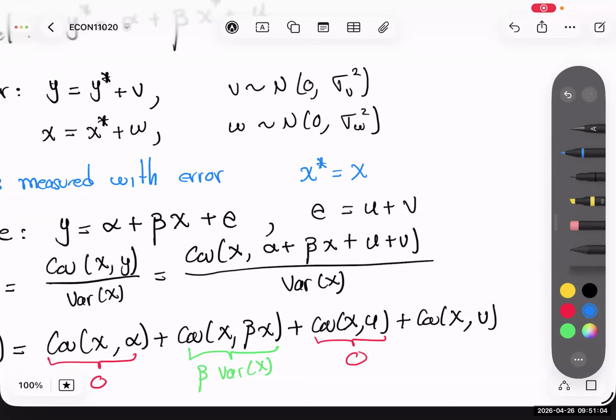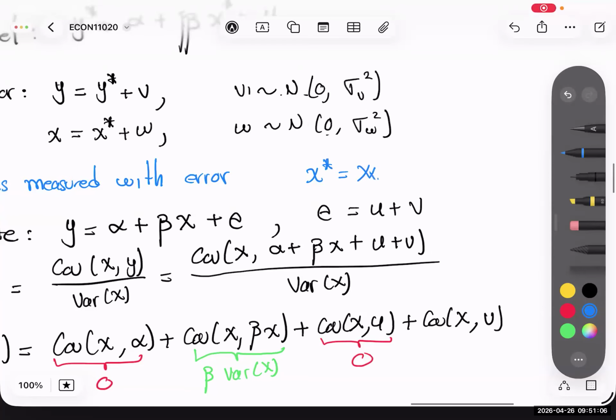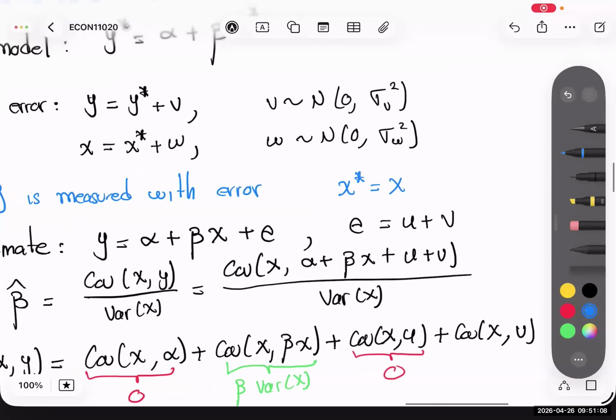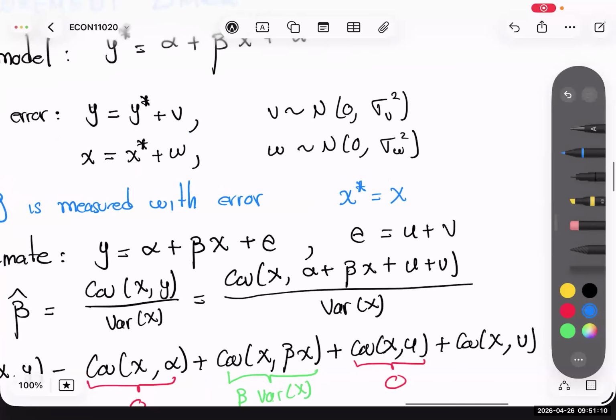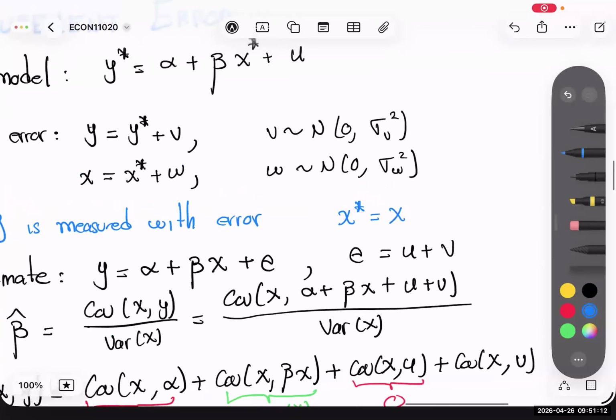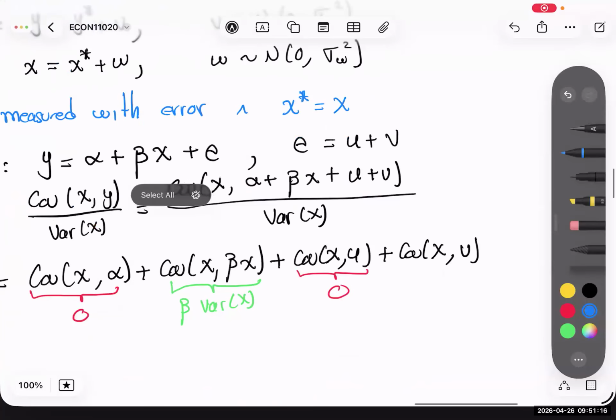So that is the reason. It has nothing to do with independence. It has to do with the fact that X is measured without error. Okay, so that's why. And for the last case, when we look at the covariance of X and V,